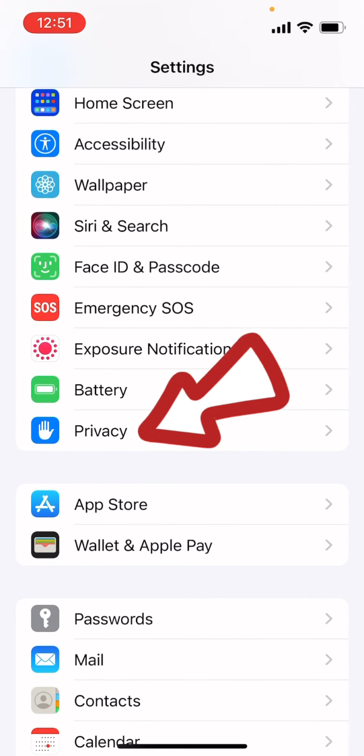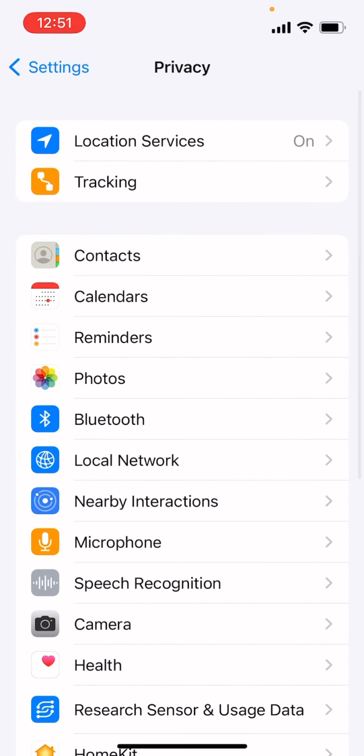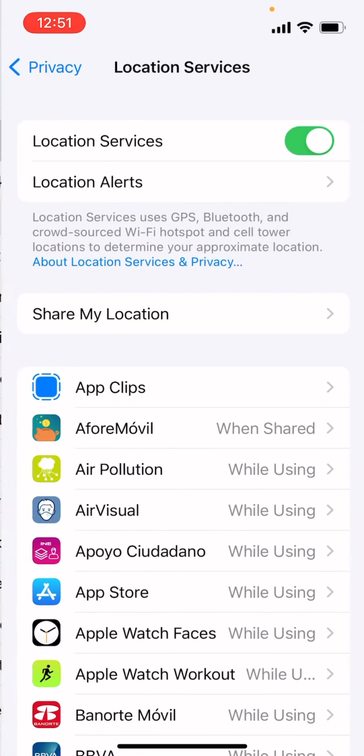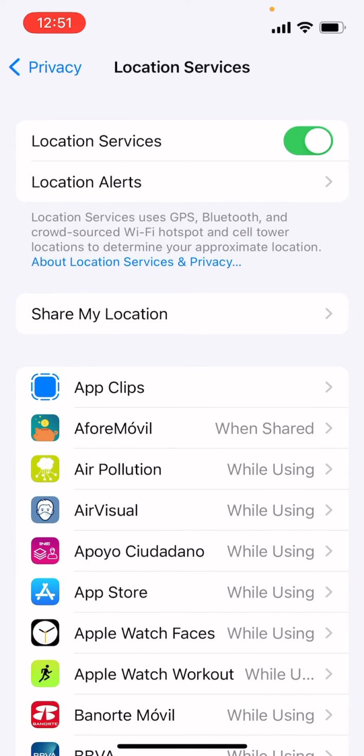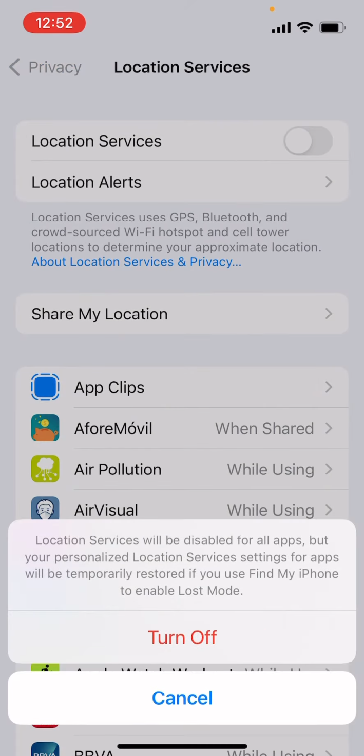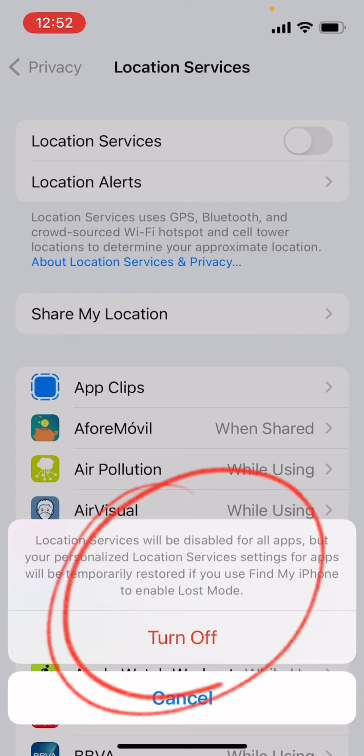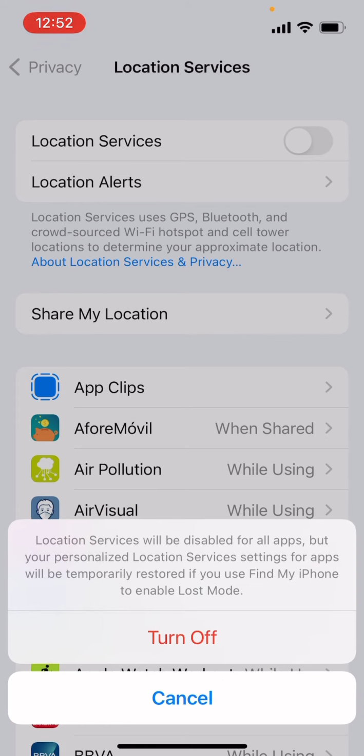Just click on that, and our first option says location services. As you can see, mine is turned on. Just click on this. Okay, now as you can see, it's on. If we click on this, it's going to turn off. Okay, as you can see, it says location services will be disabled for all apps, but your personalized location services